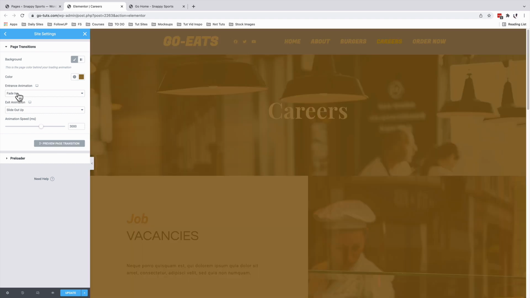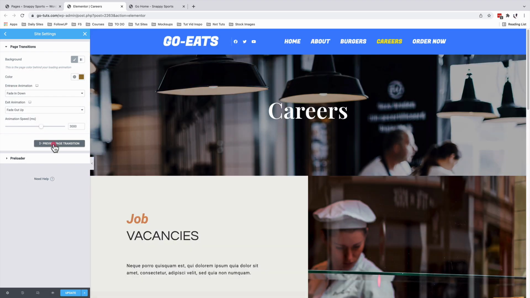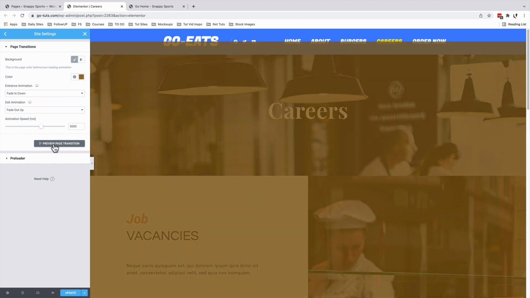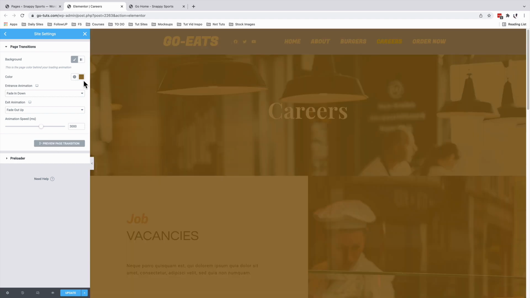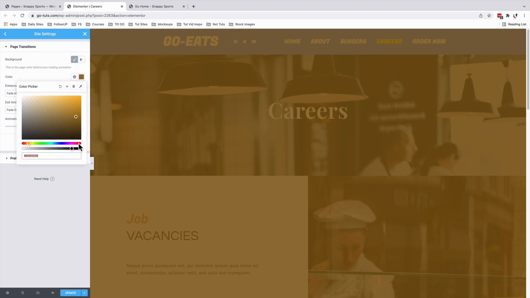Now let's play along with the entrance and the exit animations. So for example, I'm going to choose this to be the fade in down, fade out up as our exit. So let's preview now. That's the entrance and the exit. If you're wondering how I happen to have a transparent background that is selected over right here in the color picker,